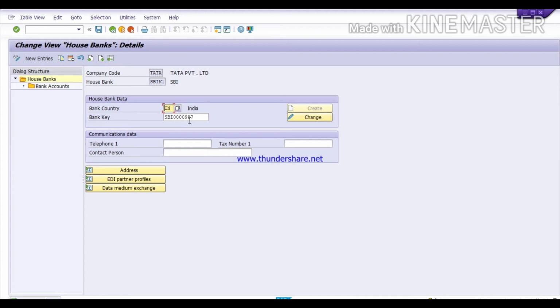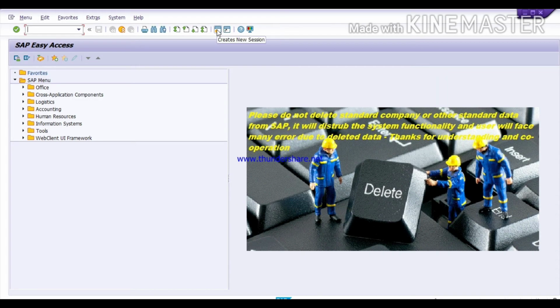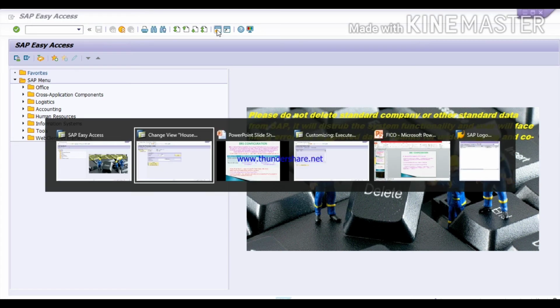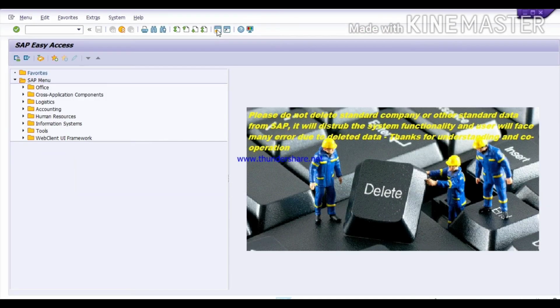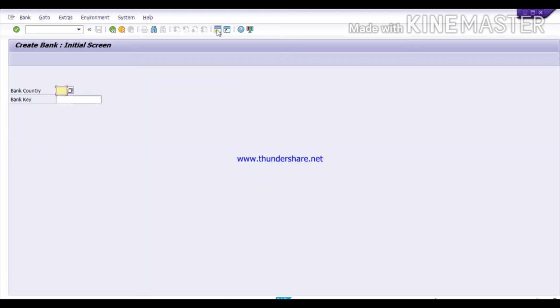Now I'll show you how to create bank key. Run the T code, create new session. Run the T code FI10 to create bank key. Run the T code again. FI01 is the T code. FI01 to create bank key.